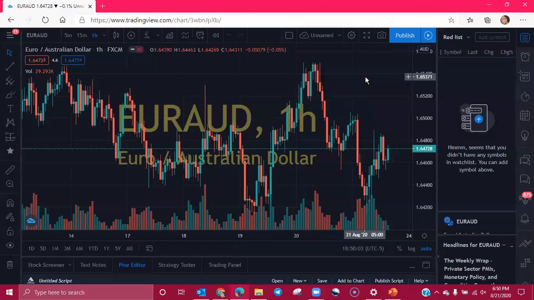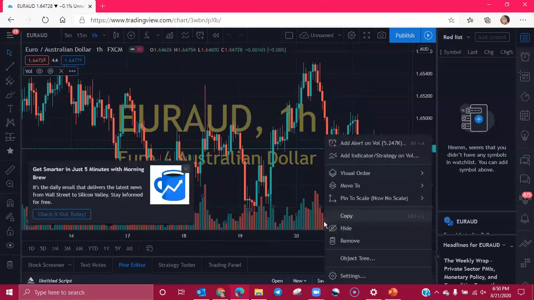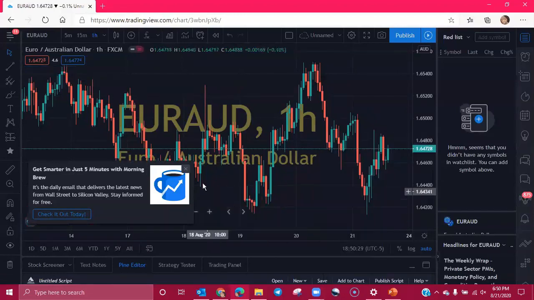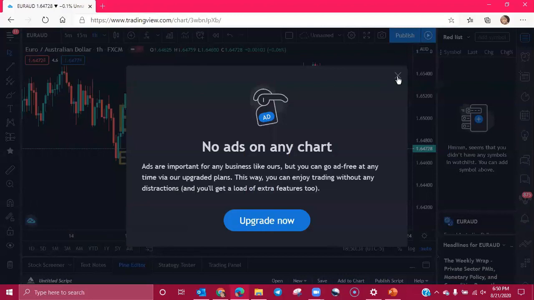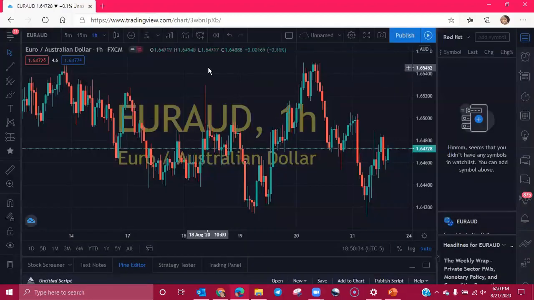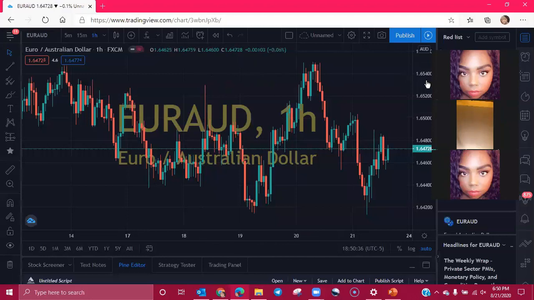Okay. So the first chunk we're going to do is I'm going to show you how to customize your screen. So for one, you have this indicator down here on the bottom. When you're new, you don't even know what this is. You don't need it. So what you want to do is right click somewhere on this indicator, and you're just going to click on remove. So that's first. We're going to clean that off the screen.